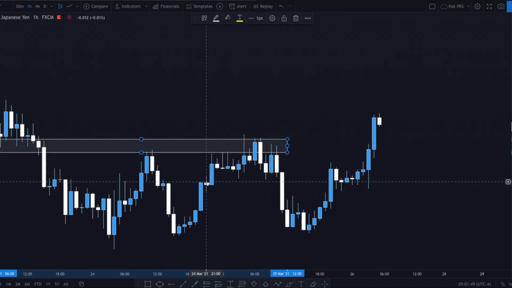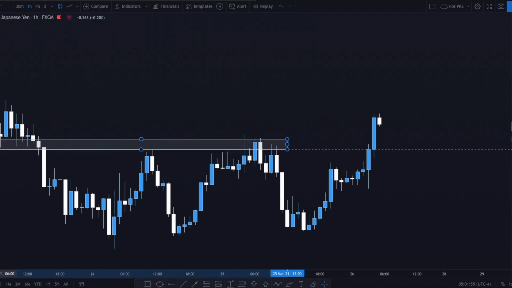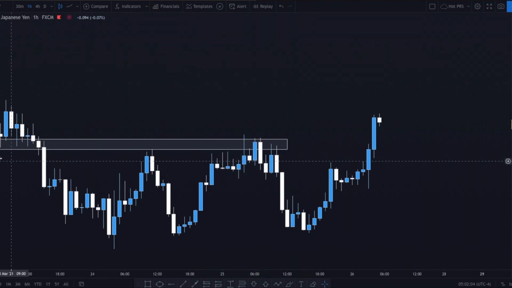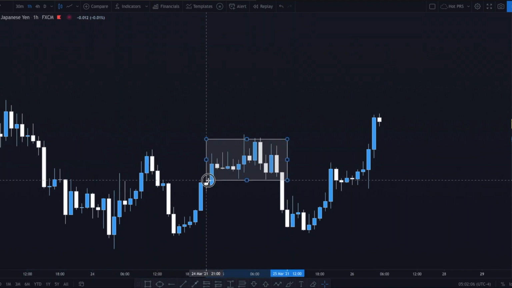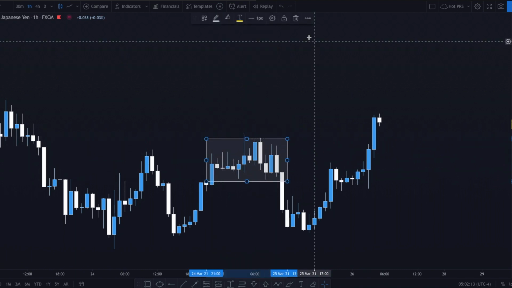So we noticed price was moving sideways, so we bring this across. I don't want to let the charts look messy, so that is why I don't do this, but yeah, just trying to let it look as clean as possible. So what we did was we bring this across and create a zone, right? So price is in this zone right here, ranging,